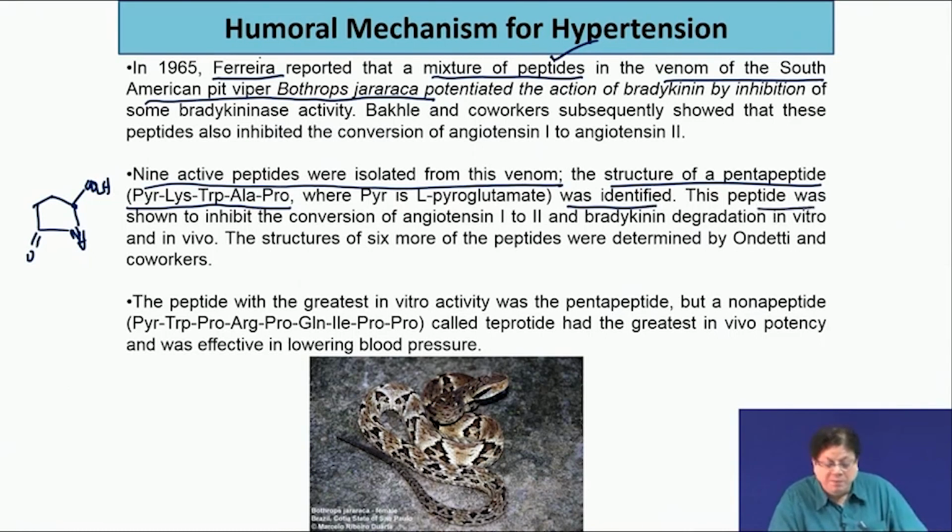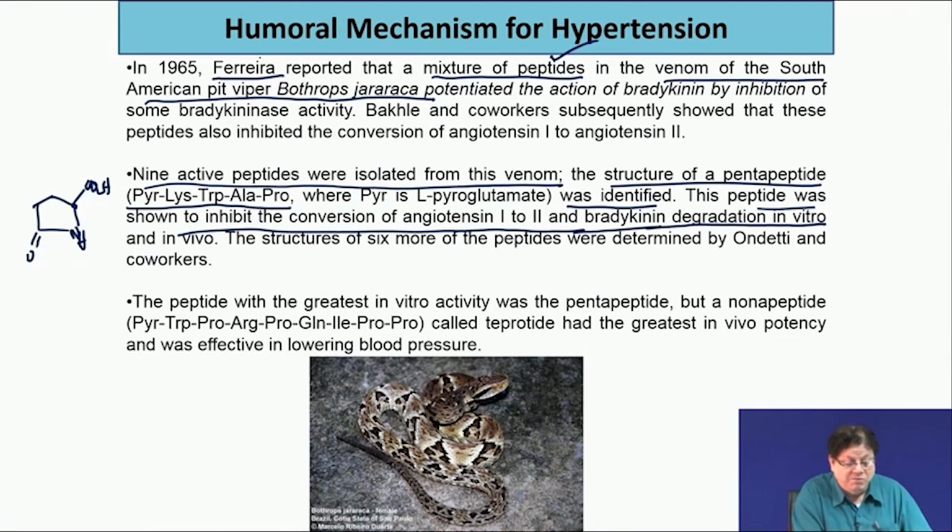The pentapeptide was shown to inhibit the conversion of angiotensin 1 to angiotensin 2 and bradykinin degradation, in vitro and also in vivo. So, this was your starting point. The clue was obtained from the venom of this snake, and they isolated the peptide. 9 peptides were isolated, and out of these a pentapeptide whose sequence is shown here was found to be very good in inhibiting the conversion of angiotensin 1 to 2. That means vasoconstriction will go away, and it also causes less degradation of bradykinin, which